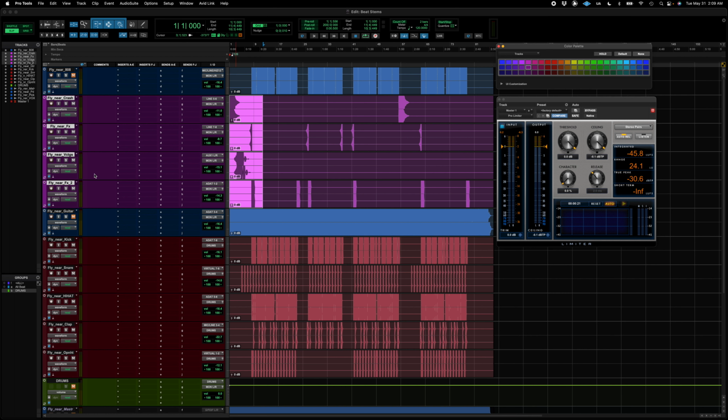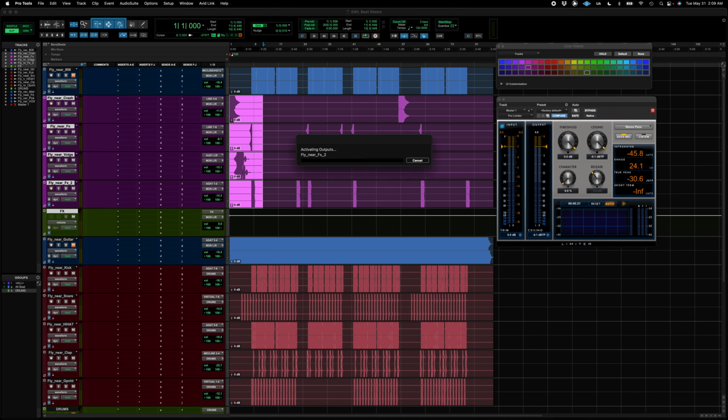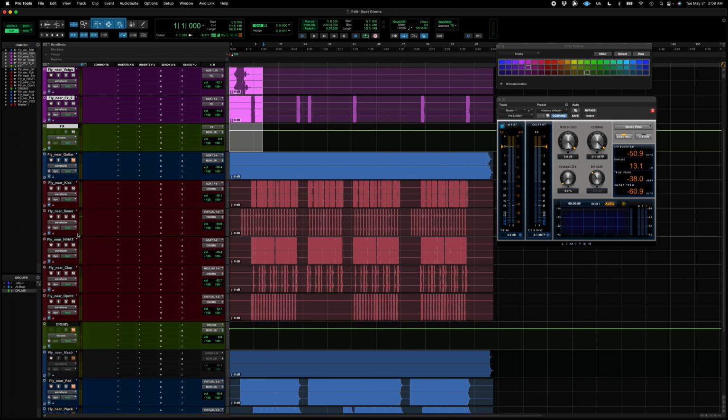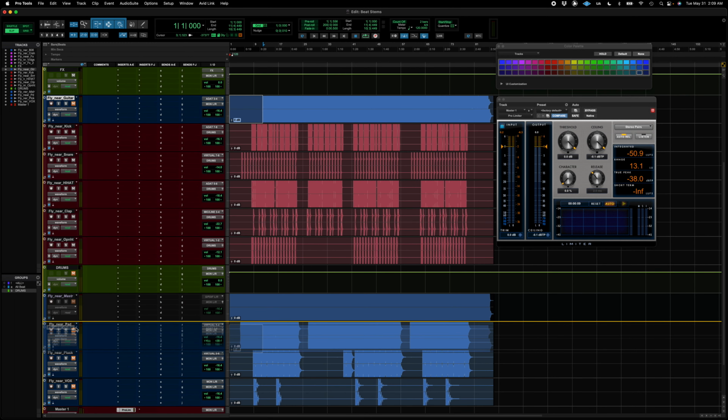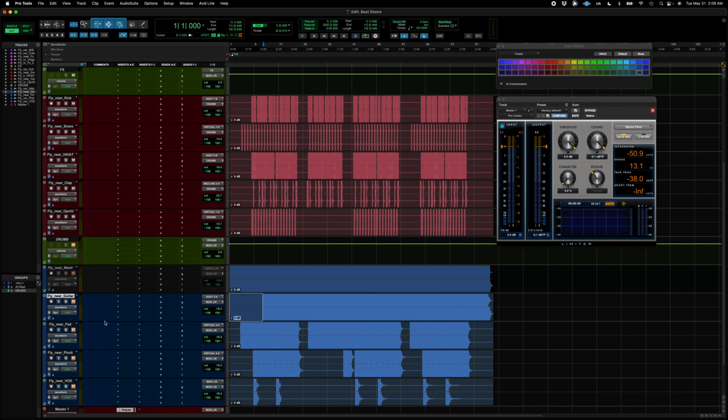And same thing with my track selected, hold down Option Shift, stereo aux, name it effects, enter, and everything is routed. And let's just double check. Okay, so sounds like everything is routed correctly. And just from looking at these labels, I think I'm going to put all this stuff together.